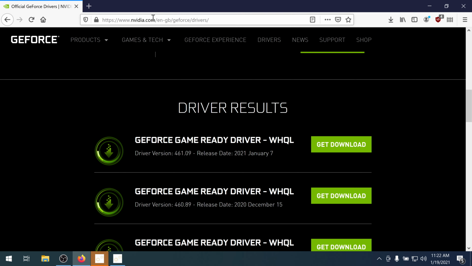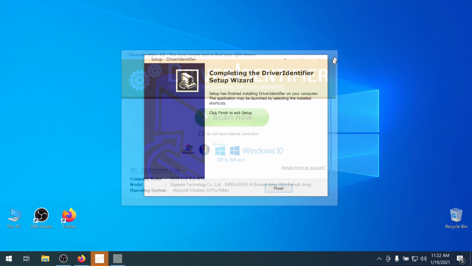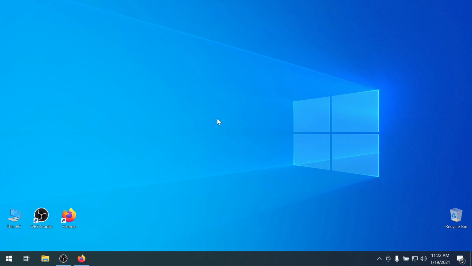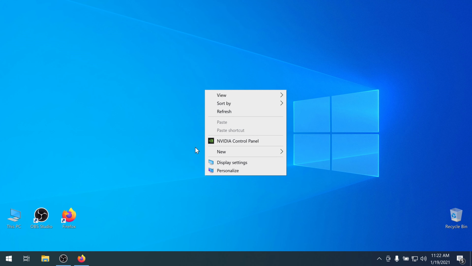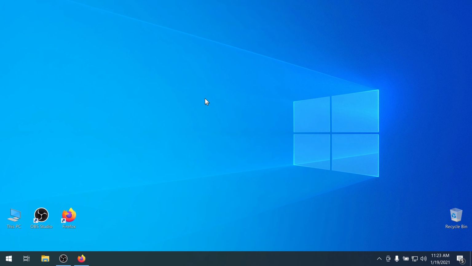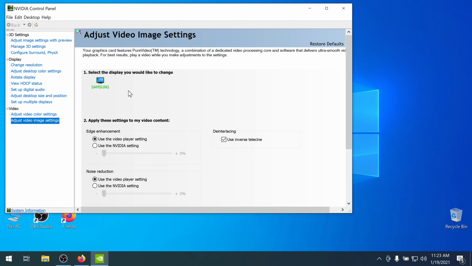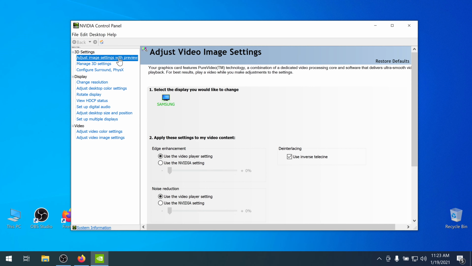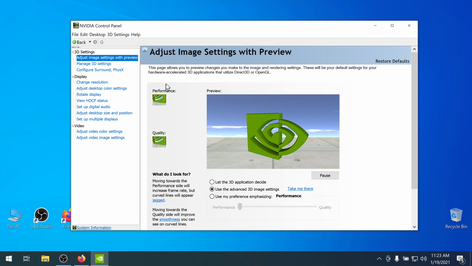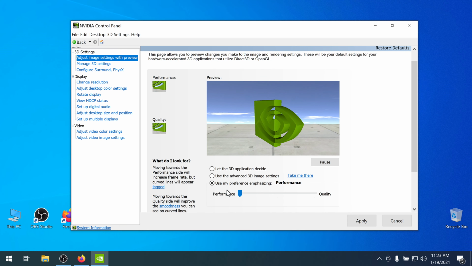Now let's configure the video settings. In my case, it's an Nvidia card. My preference is always performance. I mean, here the quality difference is not so high. Let's say the difference will show in games, if at all. So I'm using performance, apply.